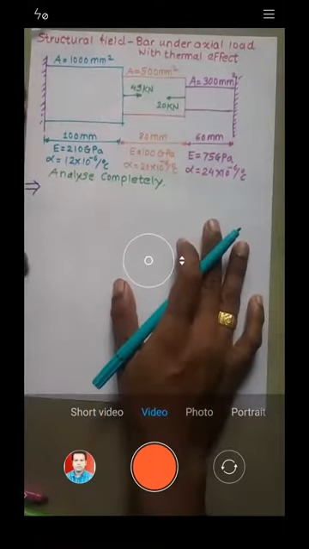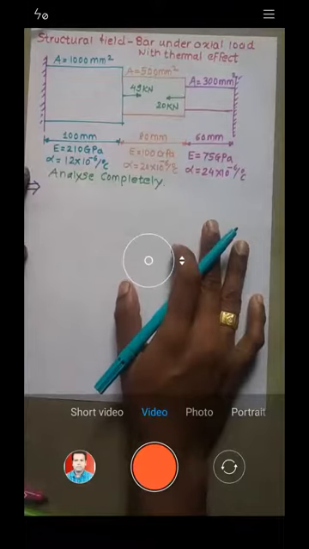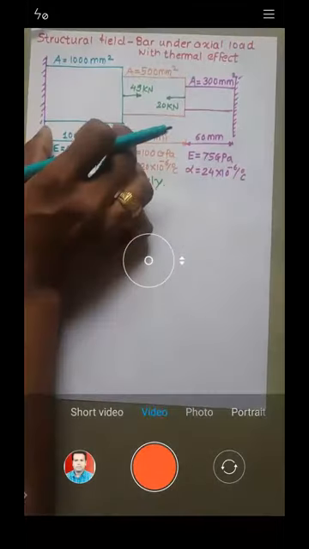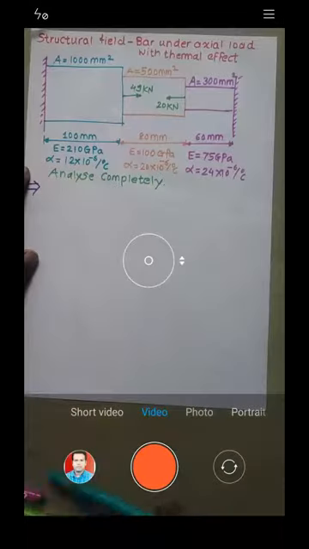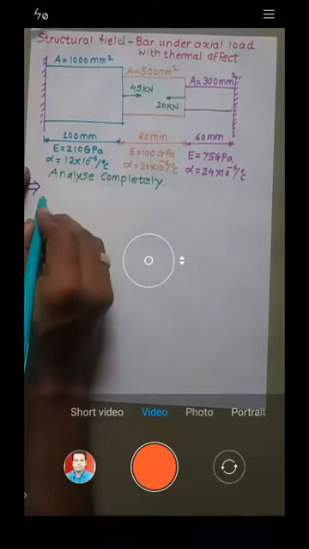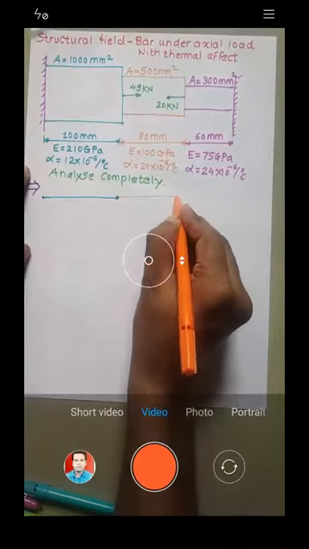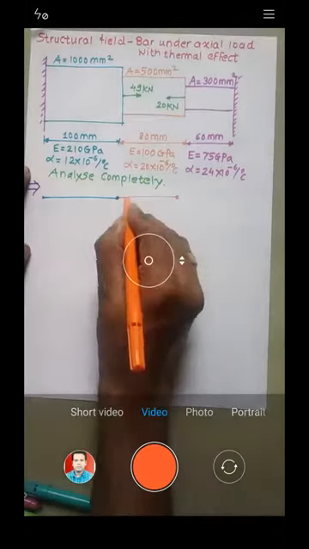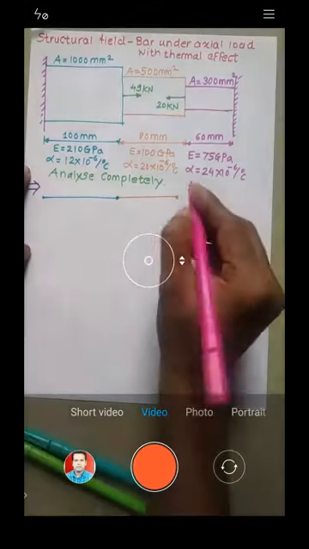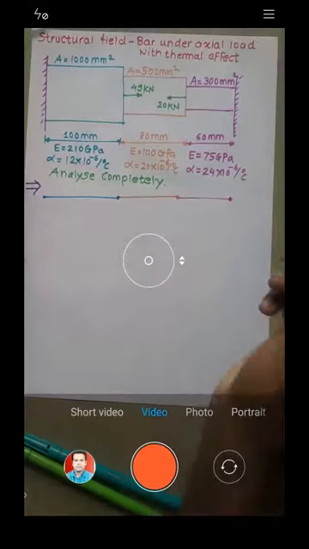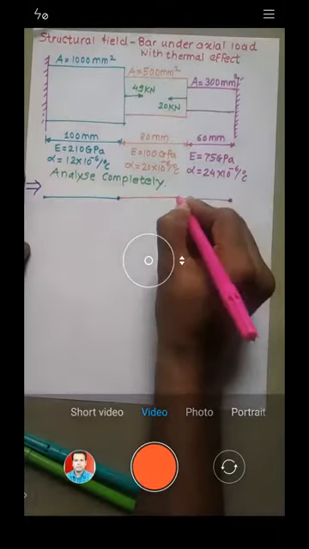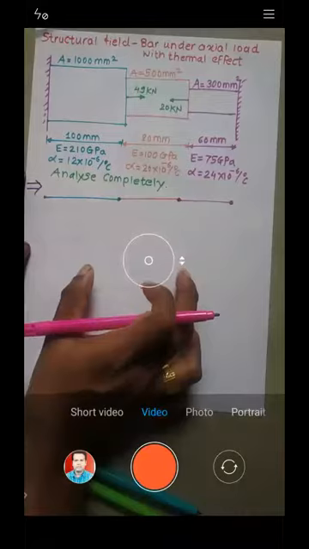There are certain criteria for discretization. The first criterion is change in cross section. You can see here the cross section is different, here it is different, here is different. Based on that criterion, I will form each of these as one element. This is one element, this is one more element, and this is one more element. Try to understand, this is very important. Based on change in cross section, we are getting three elements, because for every bar we have a different cross section.